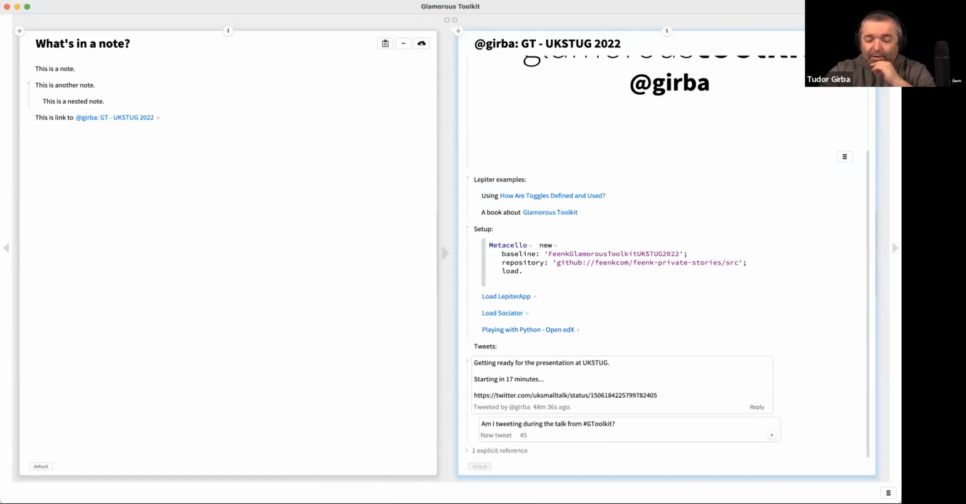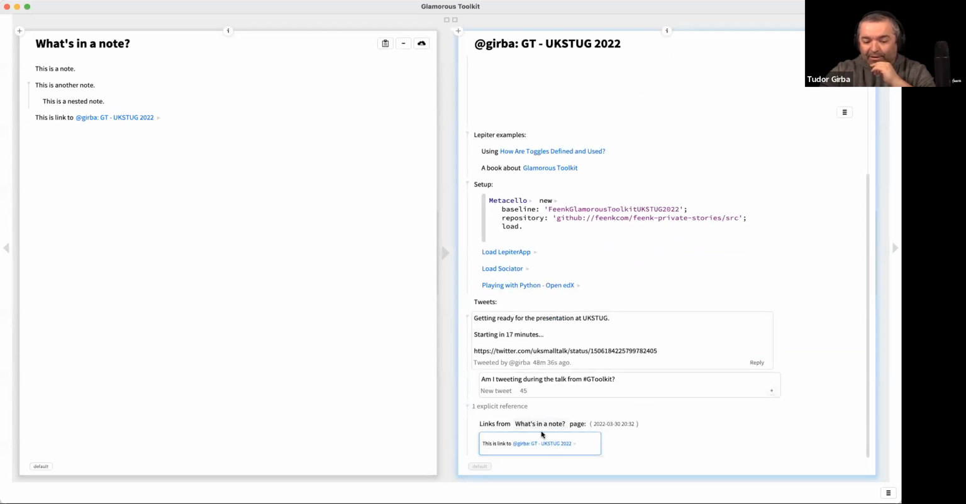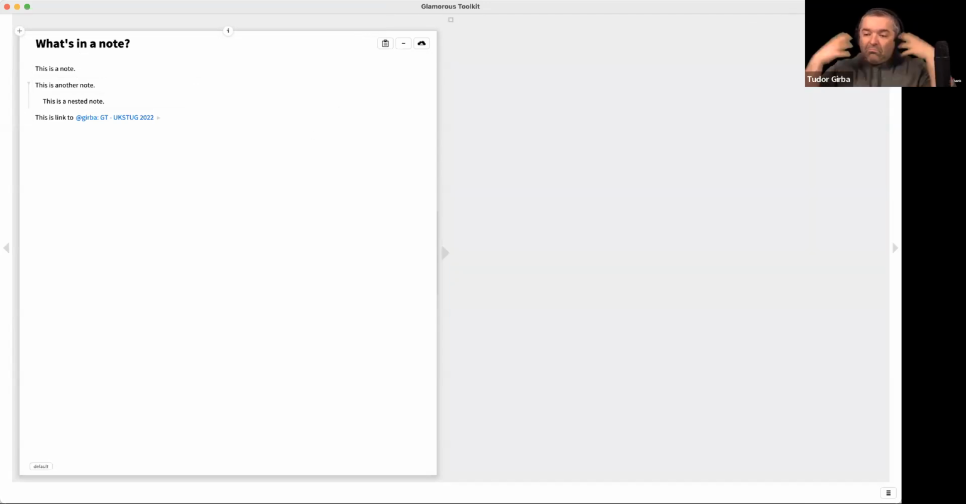And so the other thing we see, okay, look at this one. This page has a reference to it, right? So we can take a look at it and it says, okay, it comes from this page, what's in a note. So this is what you would expect from something that lets you link notes together. But of course, we're in a moldable development environment, and moldable means first and foremost that it's programmable